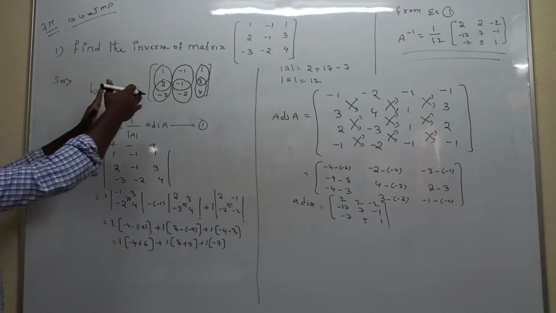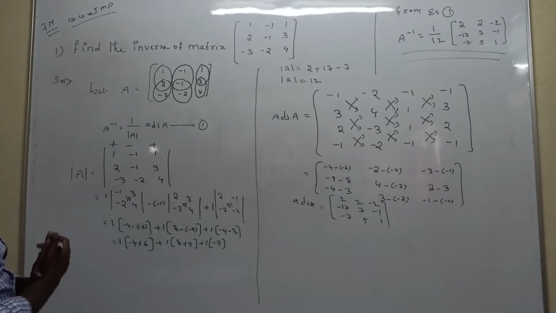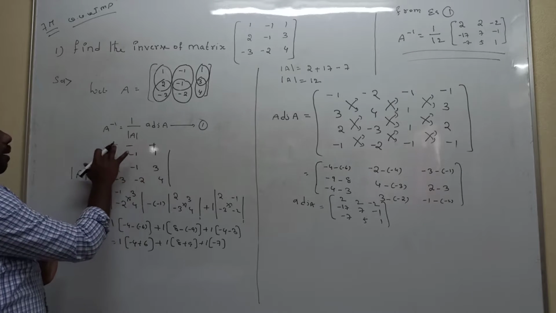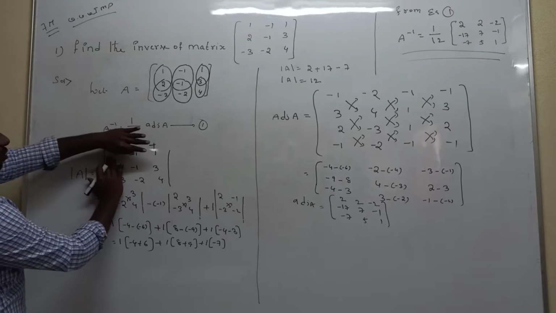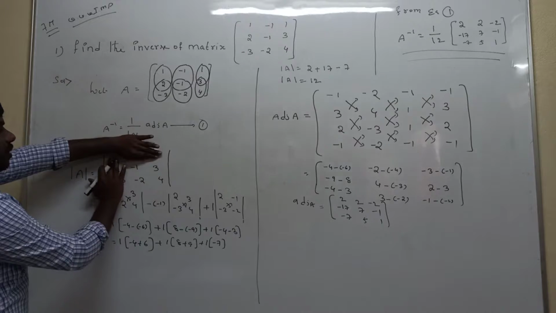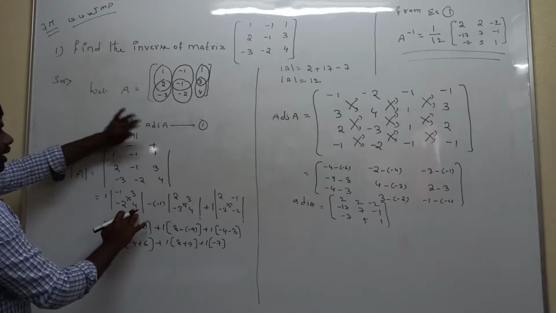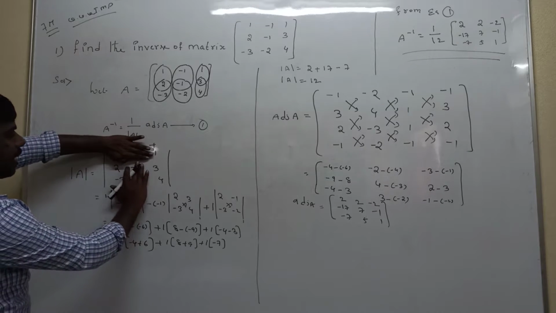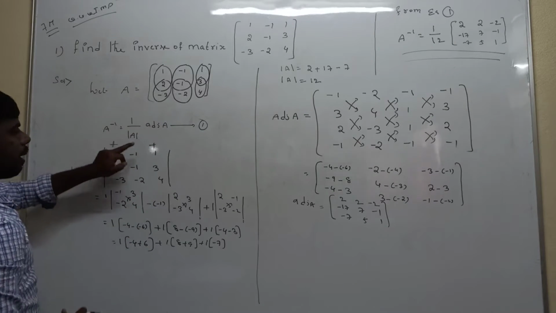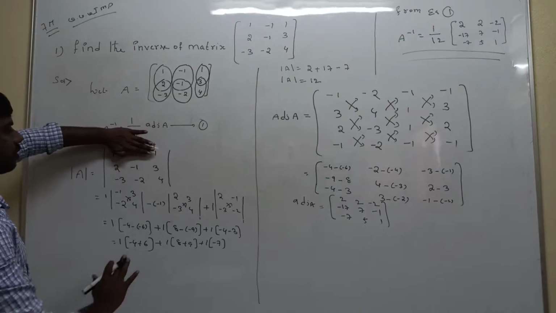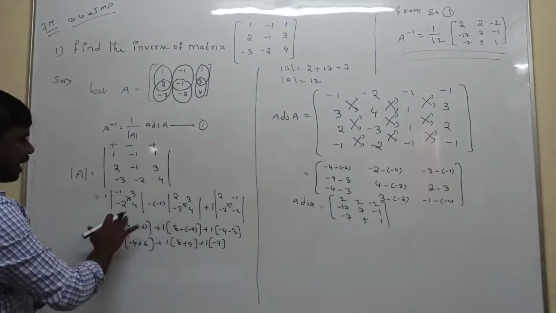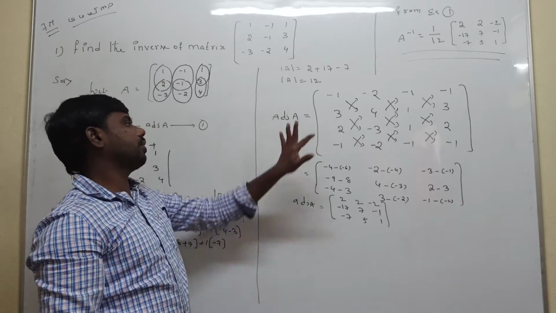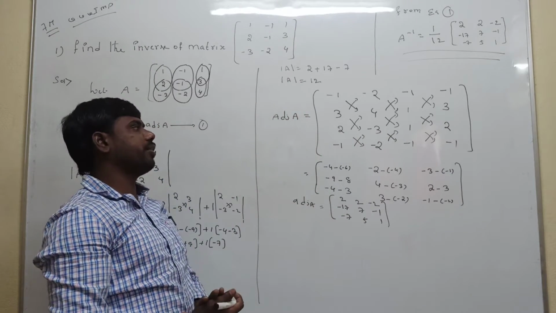Taking the determinant, substitute the given matrix. This is a 3 by 3 matrix. That's why we first consider plus or negative plus 1. 1 present in the first column, eliminate the row and column. So writing minus into minus is plus 1. Minus 1 present in the first column, eliminate the row and column. You can write plus 1. 1 present in the first column, eliminate the row and column. You can apply the cross multiplication. Finally, the delta value you are getting is 12. Next, how to calculate the adjoint of A.